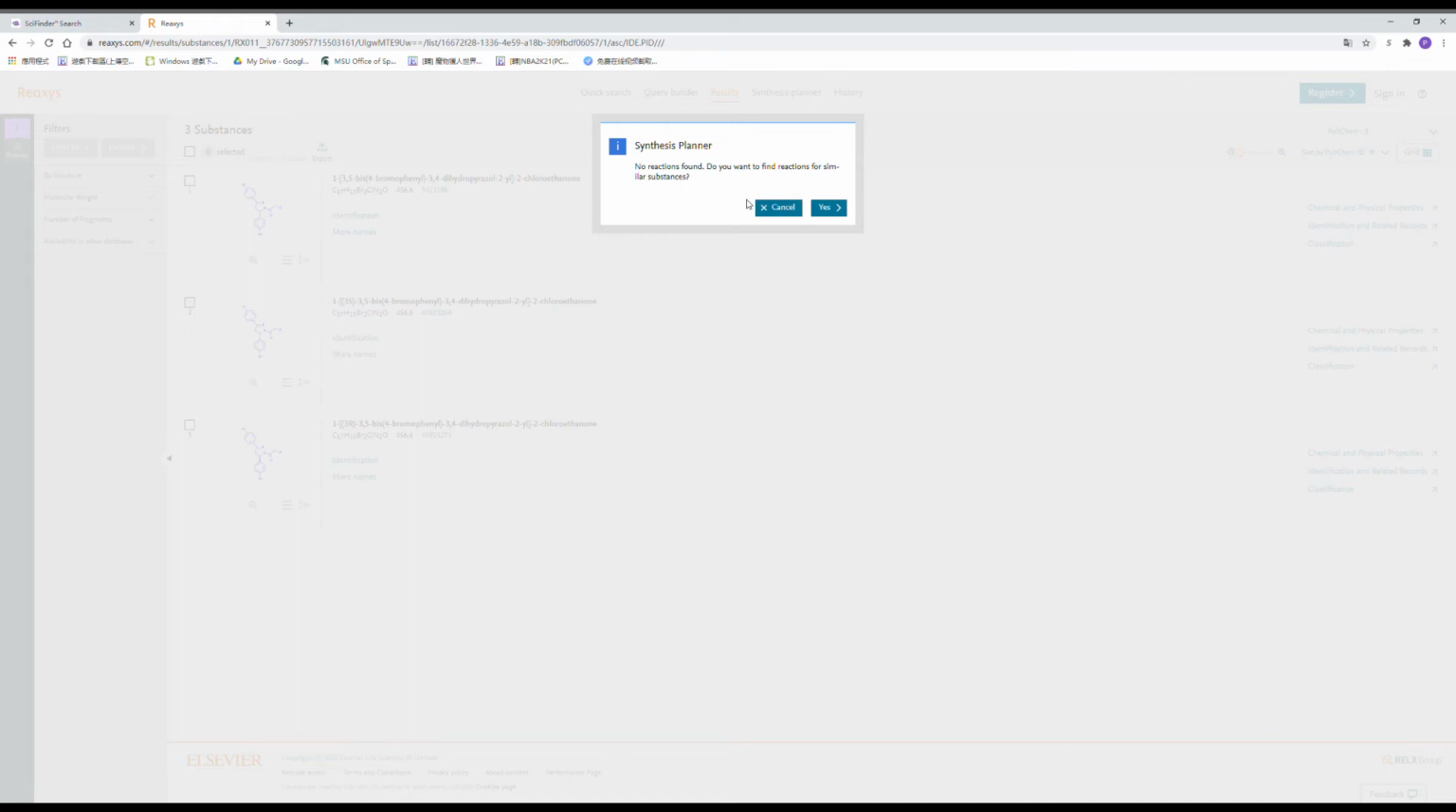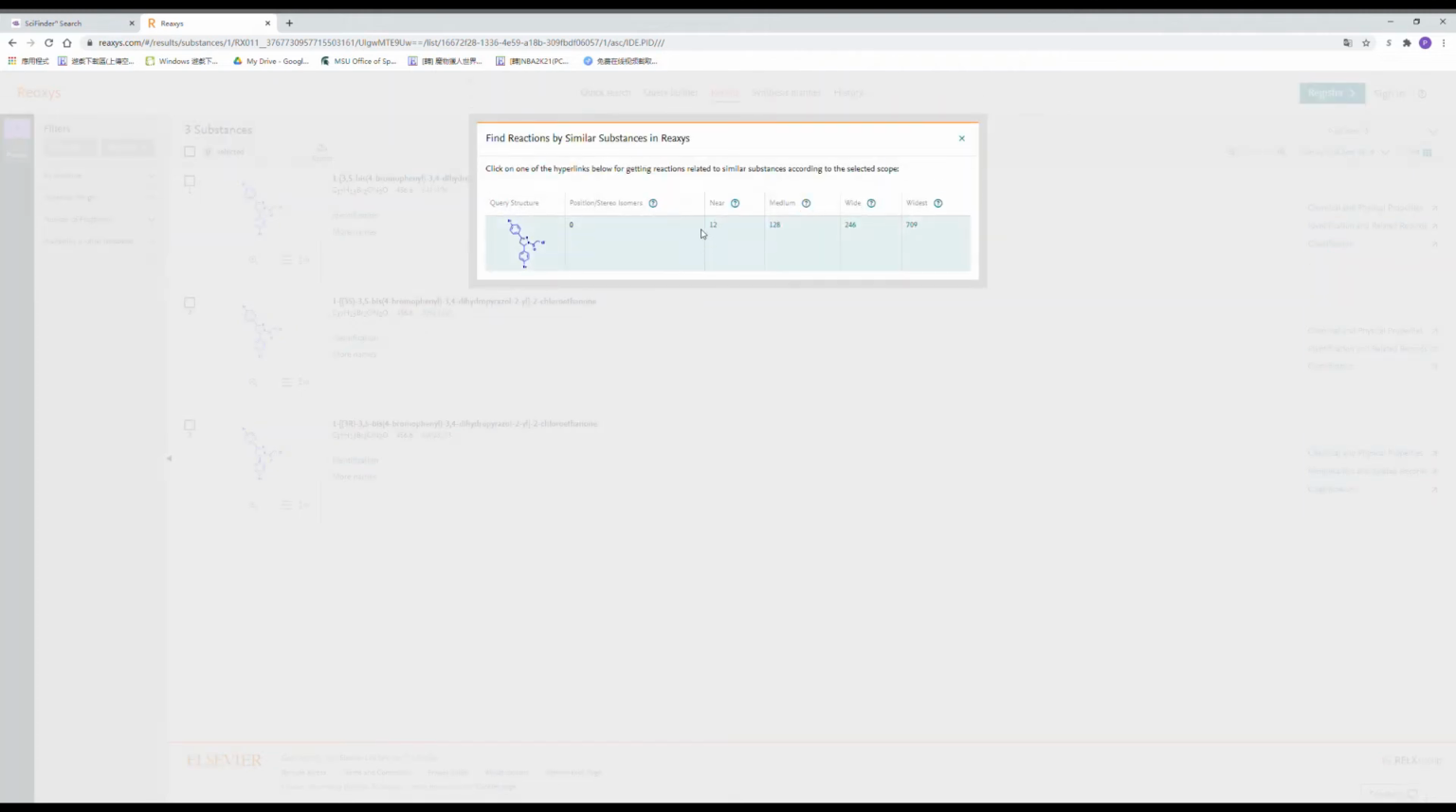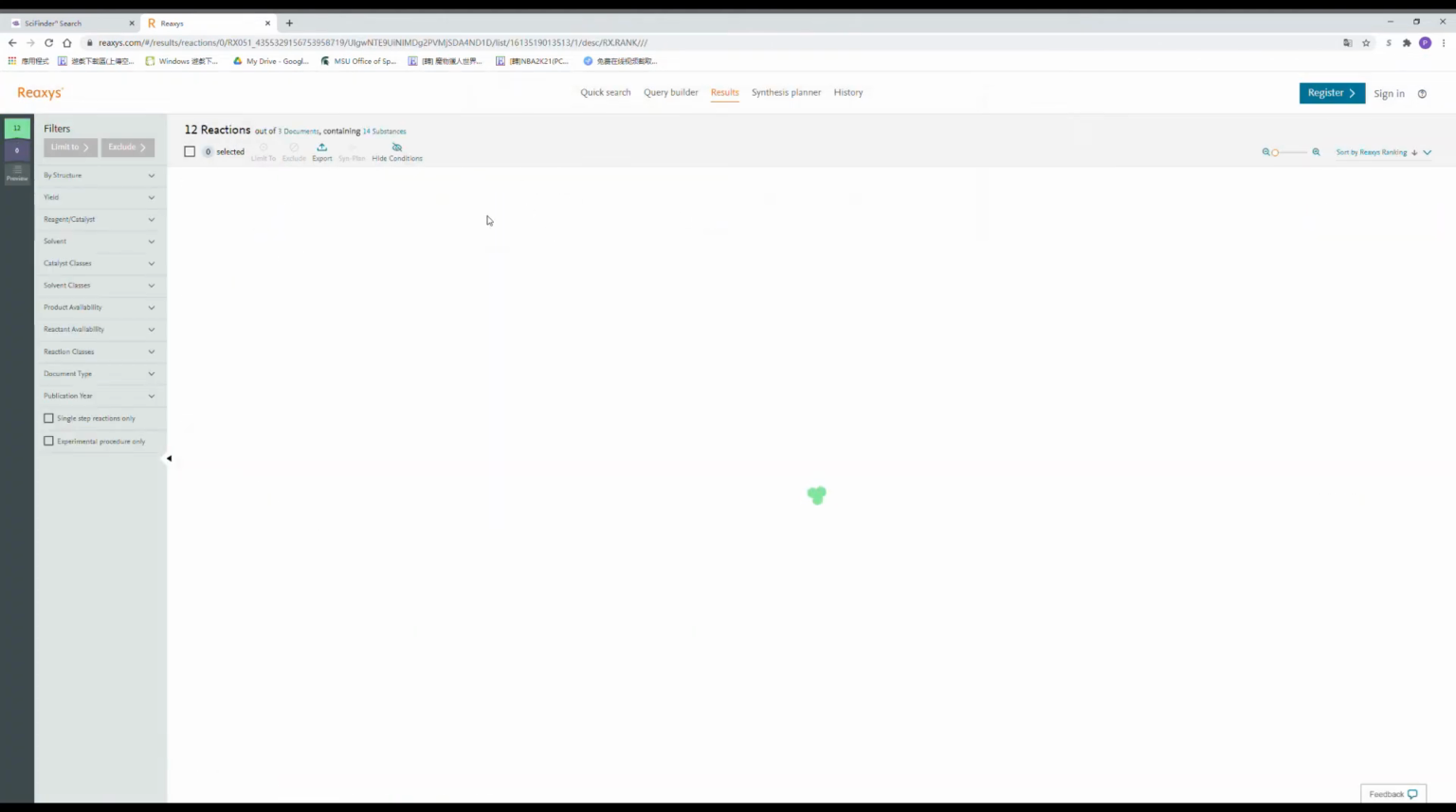So now it says you find out that there are no reactions found to make this molecule. Do we want to use a similar substance instead? So here we can try. Okay, there are 12 molecules that are the nearest, that look like it the most,